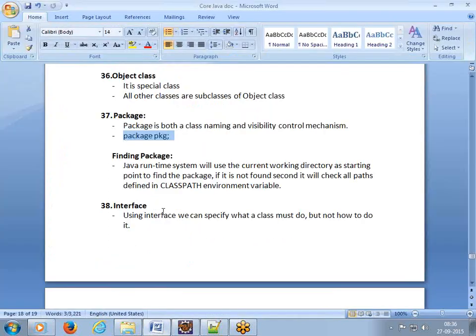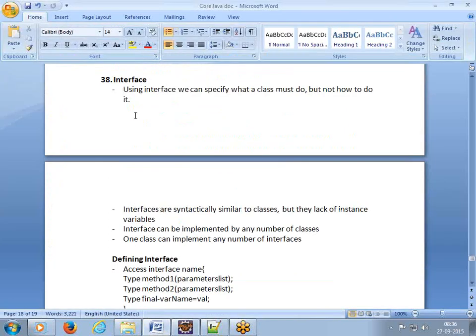Okay. And now come to interface. What is an interface? Interface is similar to class. Interface is similar to class. But the only difference is in the class we define